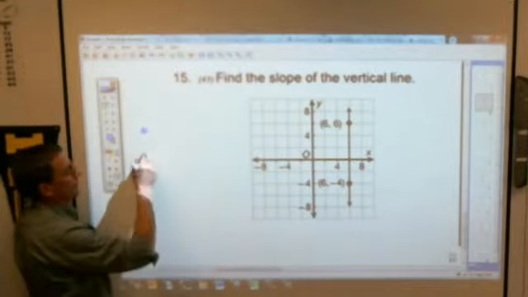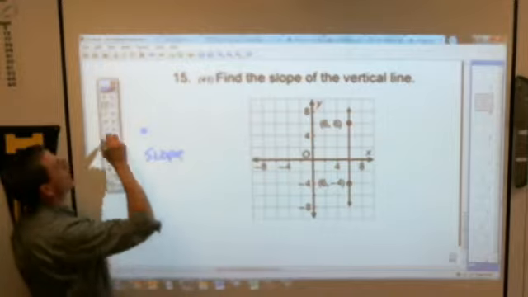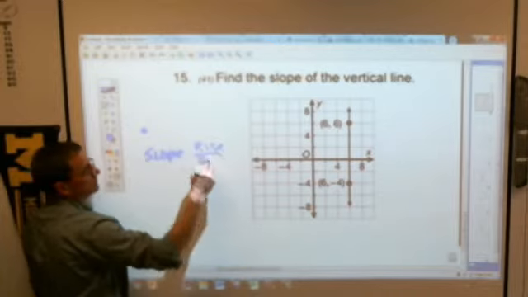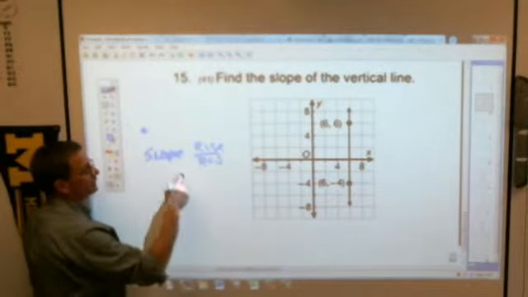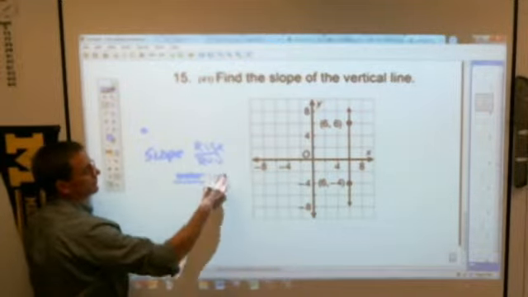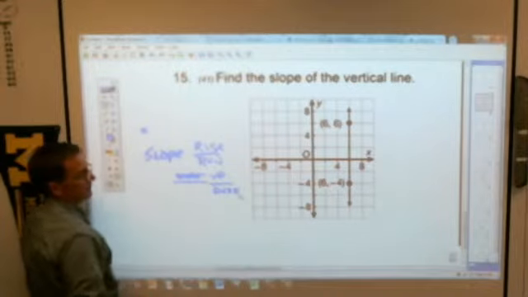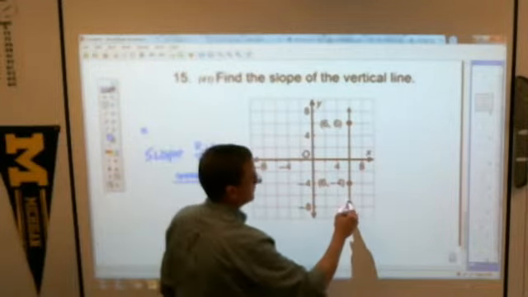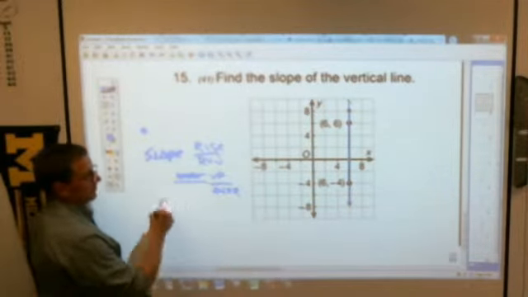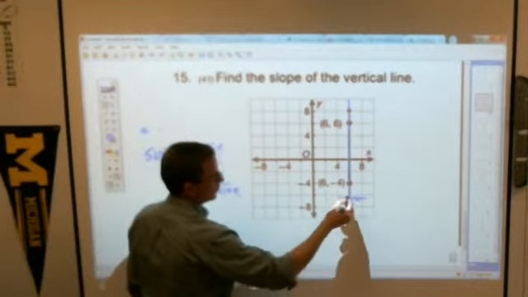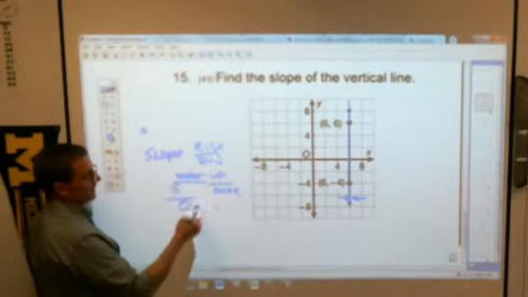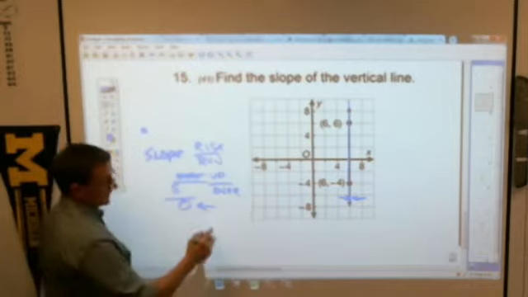First of all, the slope of the vertical line. It's always important to remember that slope is rise over run, or how far up over. So this line here goes up forever. It could be anything. The problem is the over part. This line has no width, so the over part is 0. And no matter what, if you put 5 or whatever here, you can't have 0 on the bottom. So the question we're having is